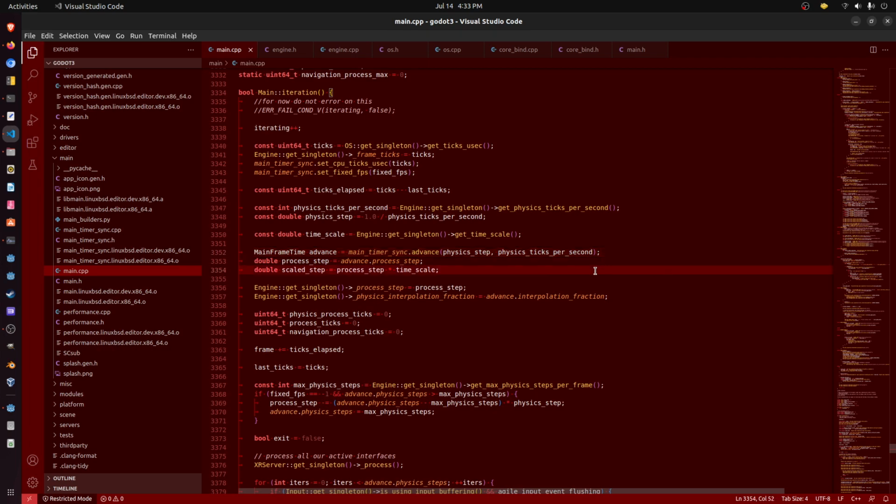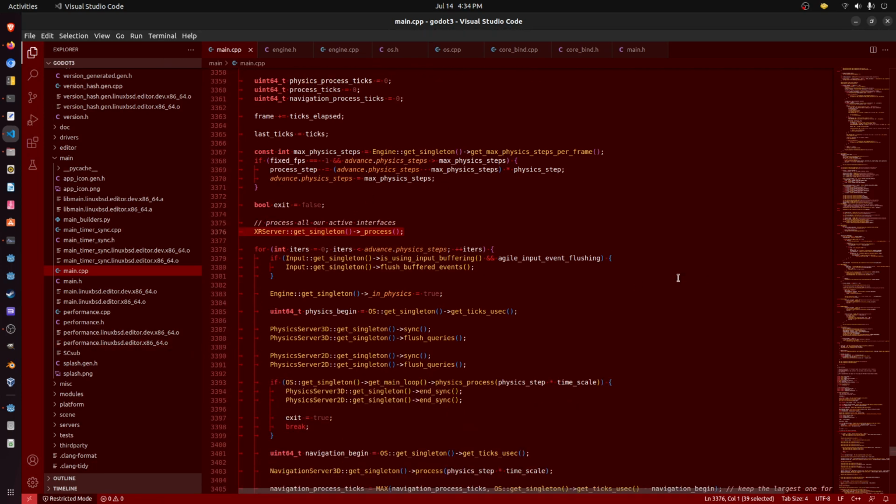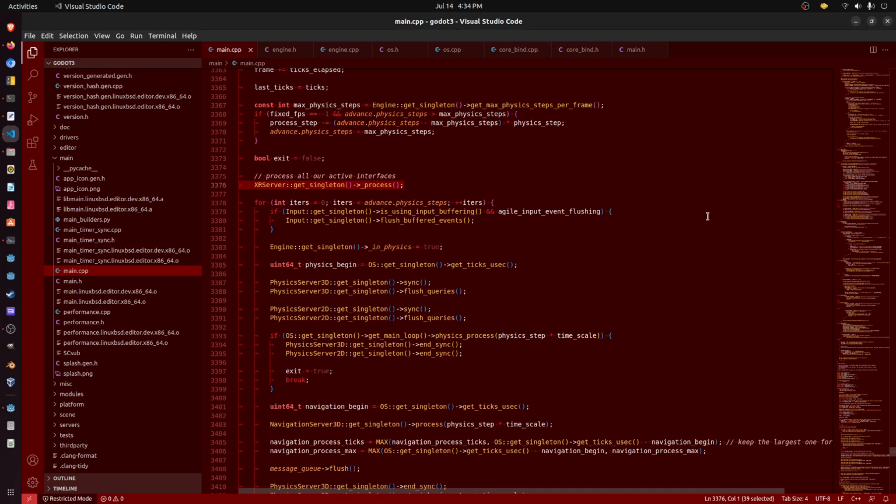We sync the timers. We do some more setup. We're getting the number of physics steps we're going to take, because it gets broken up into up to, I think, 8 steps. Then we run the XR stuff, if you're doing VR or AR,